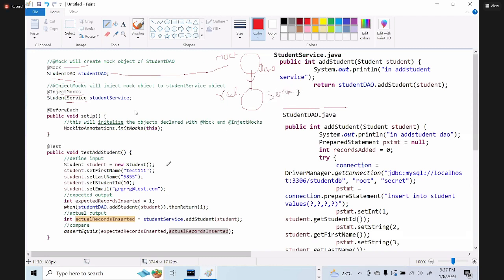Okay. Now, BeforeEach means, as I told you, before each test method, this gets initialized. So this is compulsory, you have to do. Otherwise, these annotations will not work. So MockitoAnnotations.initMocks(this), you have to initialize this. Otherwise, these annotations will not work. Okay, fine. Now, when I say test add student, what do I define? I want to define this add student method,